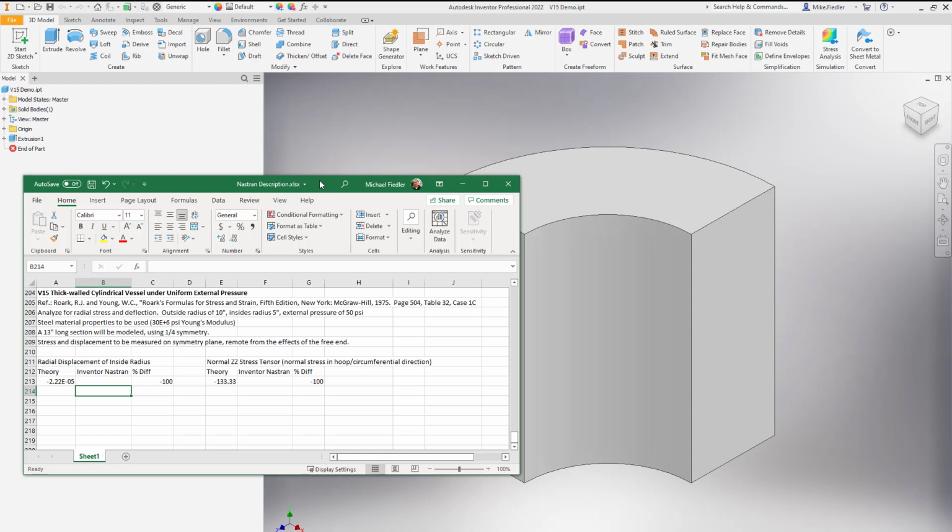Hoping to make this a nice quick one. I'm not going to spend a whole lot of time explaining different functions of the program today. We're just really looking to add to our library of models that are giving us validated results with the Inventor